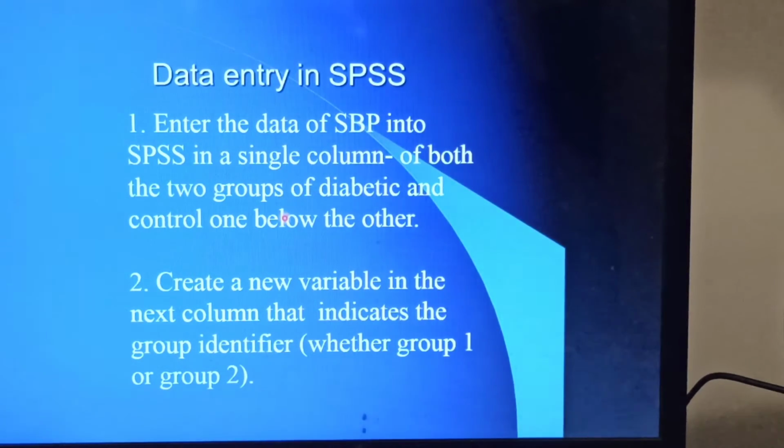And the first half is diabetic, and second, how do you distinguish between them? So in order to do that, we create a new variable, a group identifier. So for diabetic I'll give 1, for control group I give 2 in the group identifier variable.